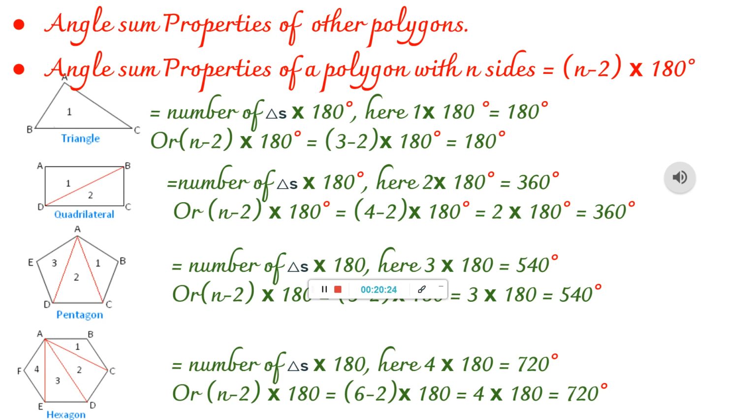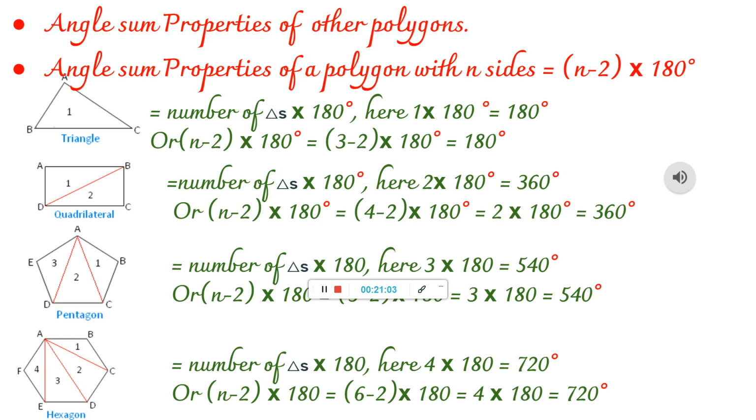So that's the trend we have been following. For a triangle, n was 3, so 3 minus 2 is equal to 1. For a quadrilateral, n is 4, so 4 minus 2, 2. For a pentagon, n is 5, so 5 minus 2, 3. So basically for any polygon of n sides, by drawing diagonals, we can form n minus 2 triangles. Therefore, what would be the angle sum? The angle sum would be equal to n minus 2 into 180 degree, right?